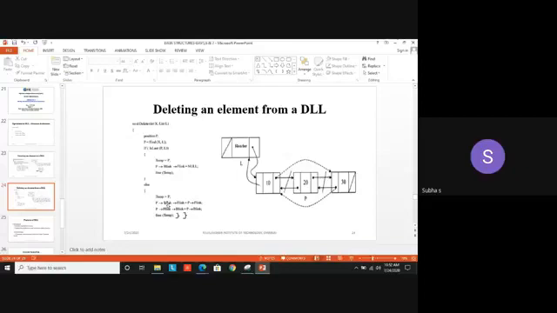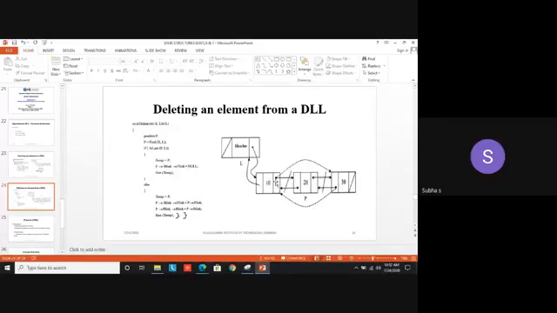Yesterday I told the same thing we have seen in the singly linked list. I told of 3 students: the first student joining hand with the second, the second joining hand with the third. I want to remove the second student, so I am moving outside from the chain. Okay, so same thing only. So I am assigning that element to be deleted as temp. So I am going to disconnect this 20.